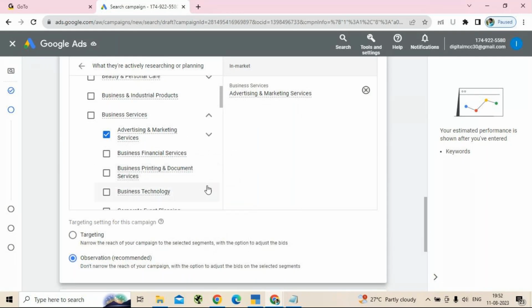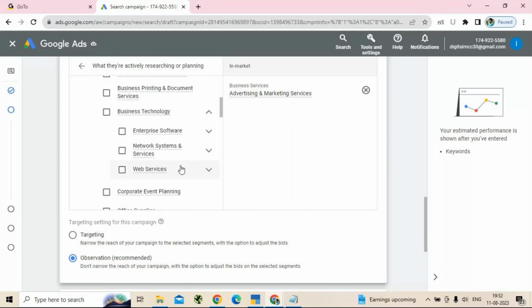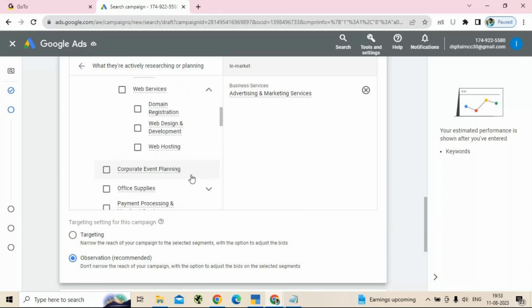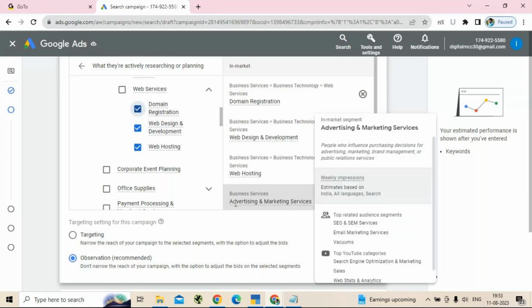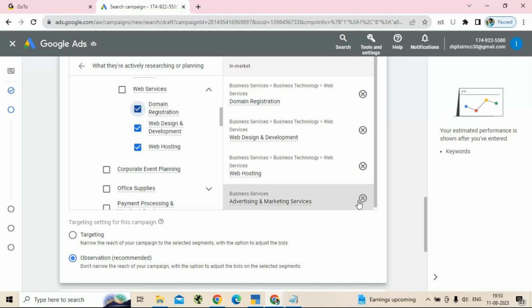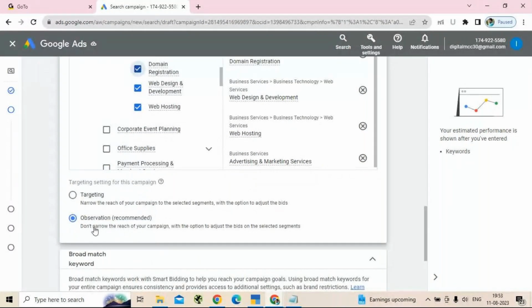Let me see what the sub options are. I'll just take web services. Let me hope I get the targeted audience for me. Whatever you select over here gets listed on the right hand side, and here by default it has taken observation recommended. Let it be the same.